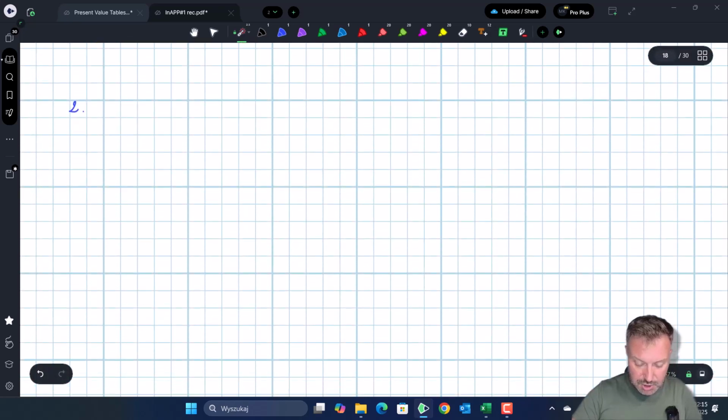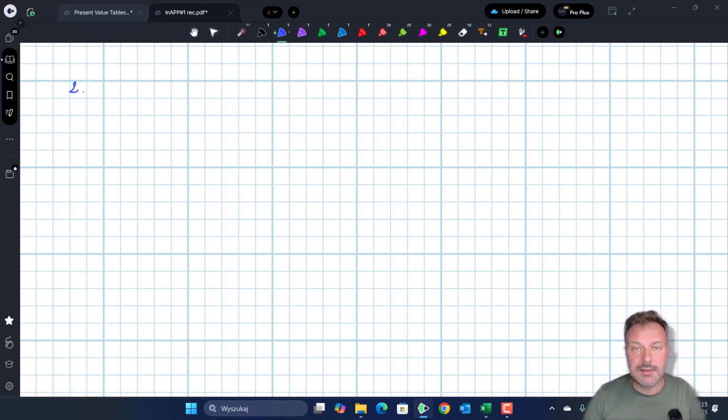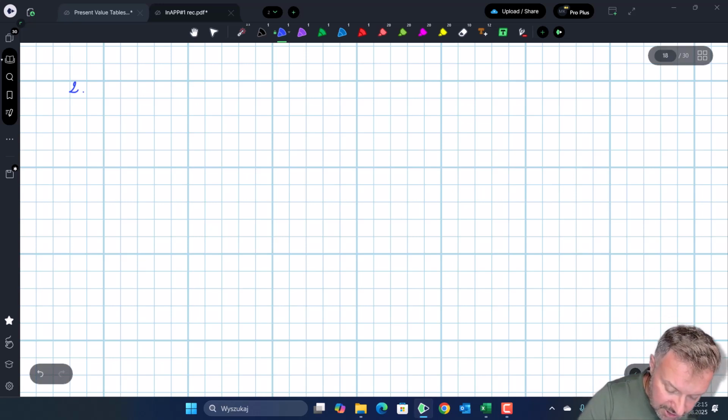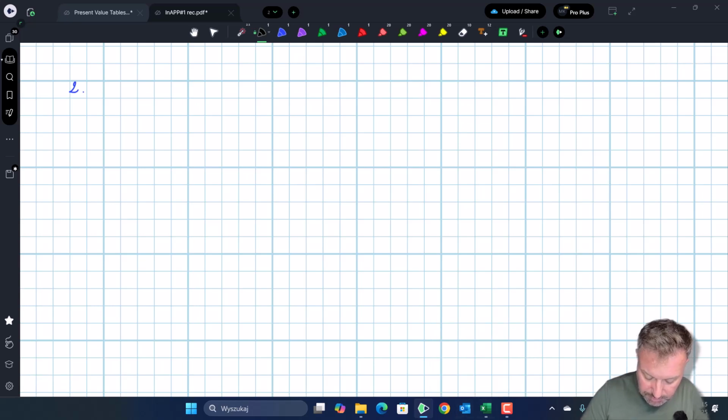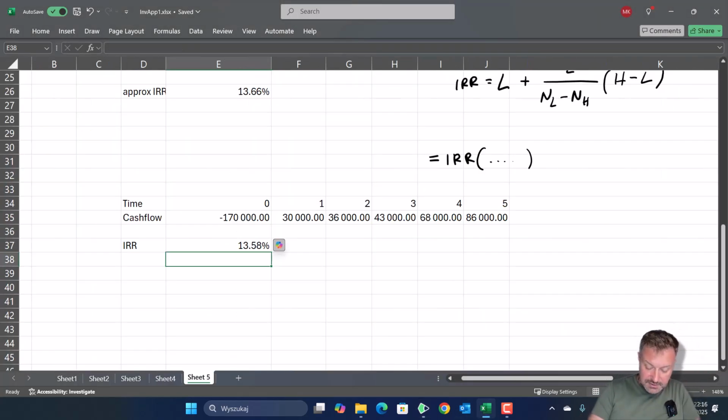So there are in fact situations where mathematically there is more than one solution to the NPV equation. If projects are simple, and by simple I mean the project for which we calculated this NPV and IRR here,